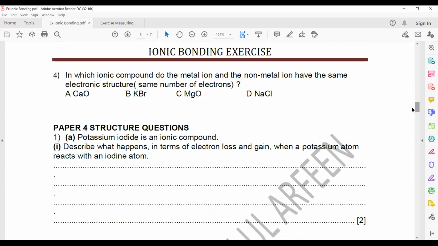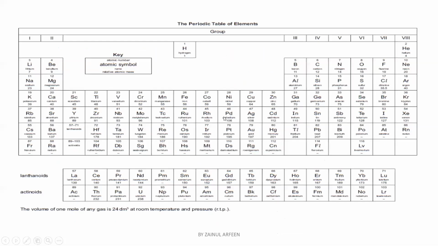In question 4, in which ionic compound do the metal ion and the non-metal ion have the same electronic structure, or the same number of electrons? So how can we work this out? We have to use a periodic table. The first option is calcium oxide. So in calcium oxide, when we check the periodic table, we have calcium